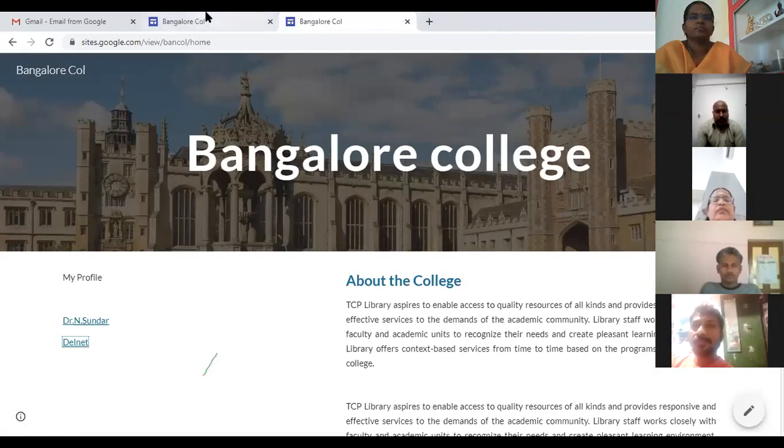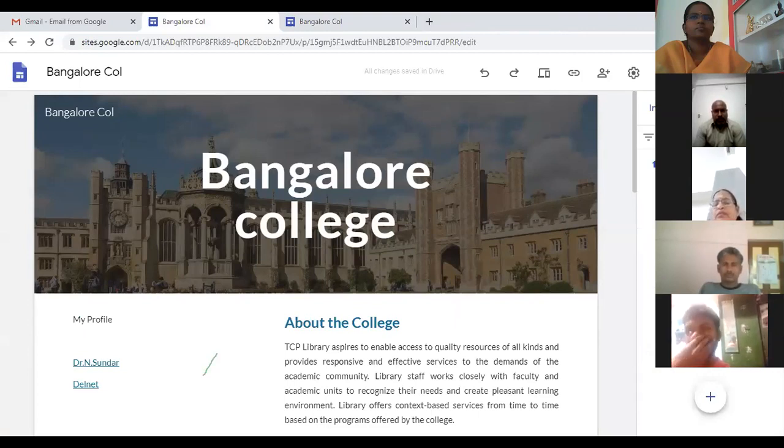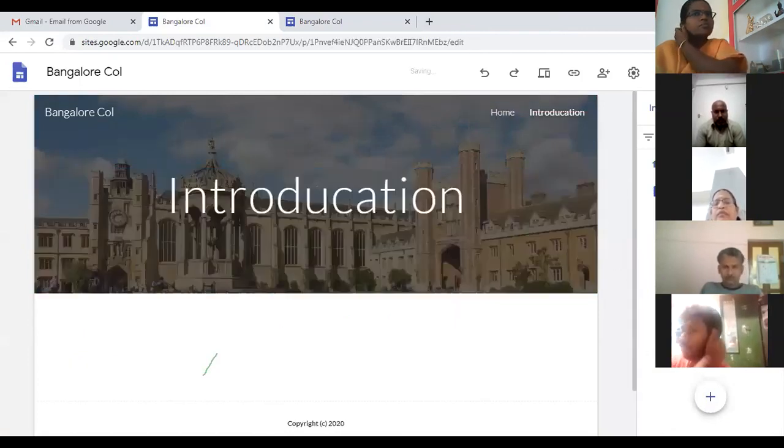Okay, now go to the page. Now I'm going to add the next pages, additional pages. Come back here, insert, then pages. Click on this one. Now you have only the home page. Come down, you'll see the plus mark. This is called creating a new page. Just click on it. The new page you are going to add, about or introduction, whatever. I'll just type introduction. See, now you have your home page and introduction, the next page.